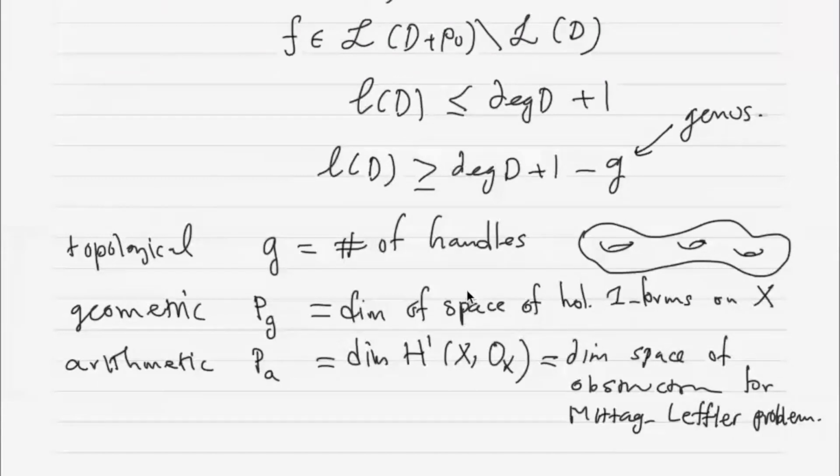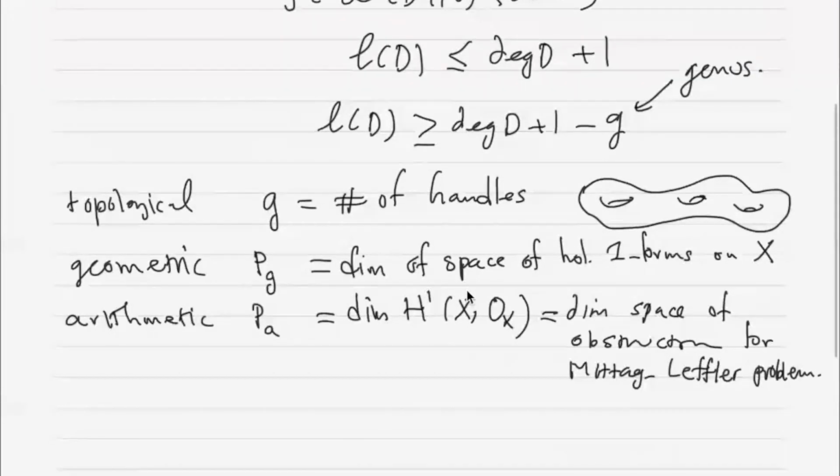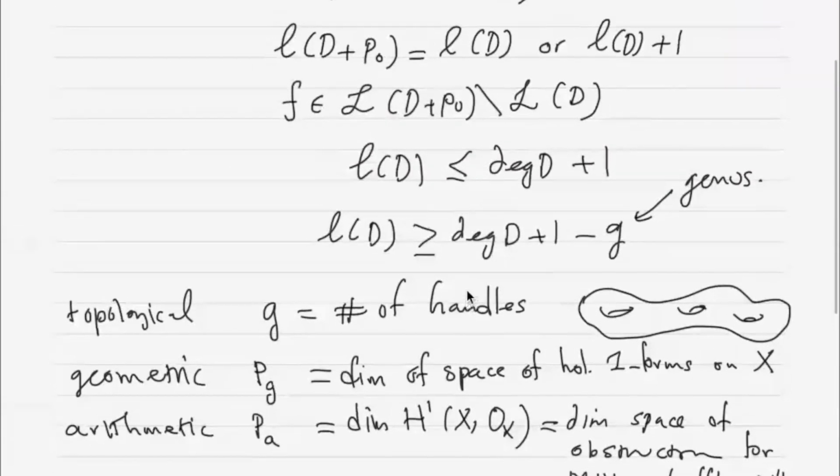And there are relations between geometric and arithmetic genus. Actually, in higher dimensions, the arithmetic genus is usually defined using some sort of Euler characteristic, not just H1, but some alternating sums of dimensions. So I don't want to go really into the higher dimension business. I just want to mention that these definitions have the ability to generalize. Okay, now